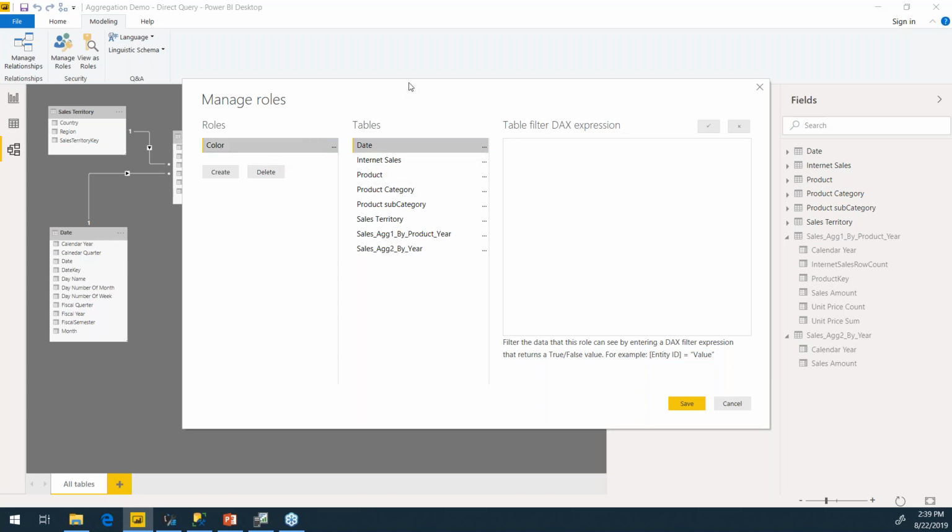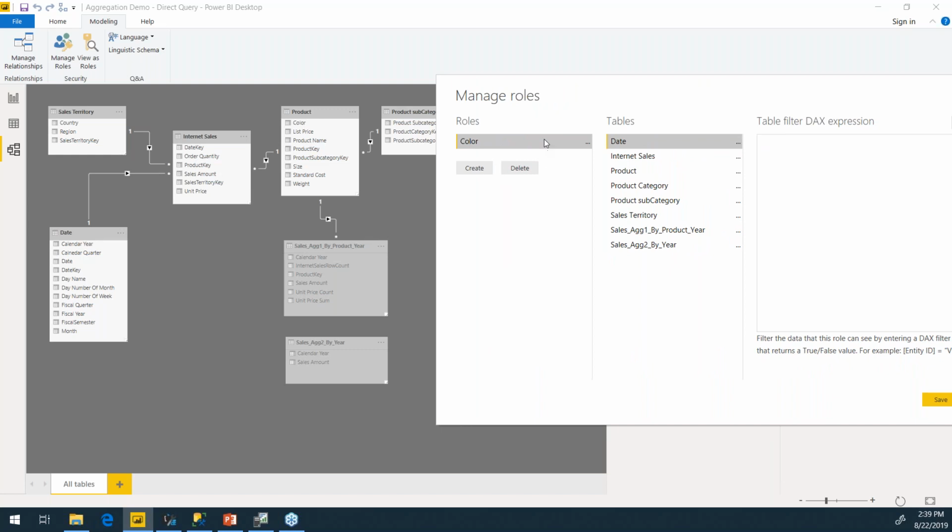And the way it works is, if you create a role level security, there's a couple of ways that it can work. One of them is that it has to affect both the aggregation table and the detail table. It doesn't make sense to secure one but not the other, right? So the most common scenario is you have a rule that's securing both of them, because now you have a mixed mode. Whether someone hits the memory or the backend database, you want to have consistent results.